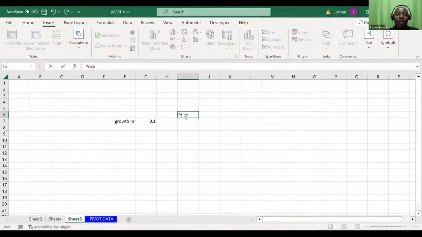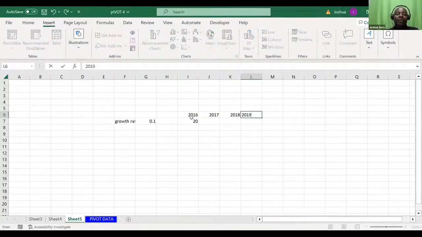So for price information, it gives you 2016, then we have 2017, 2018, and 2019.